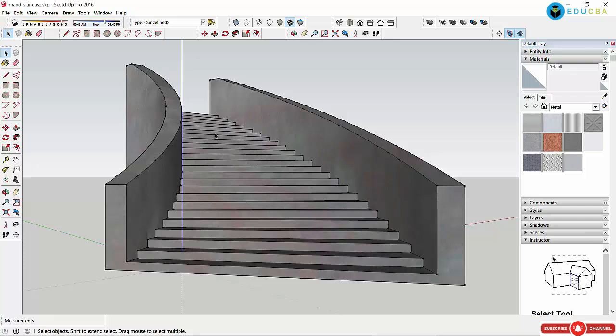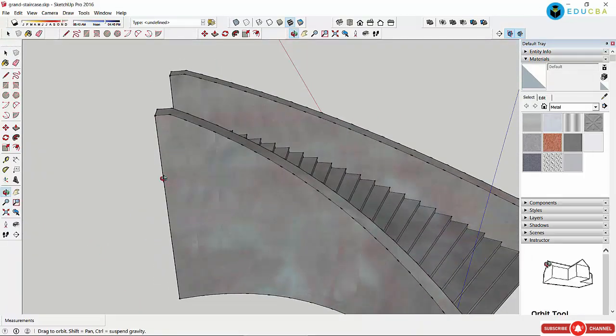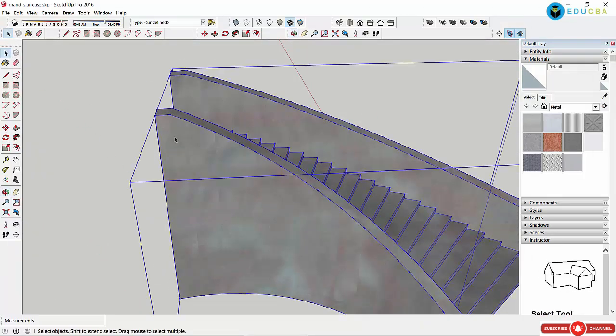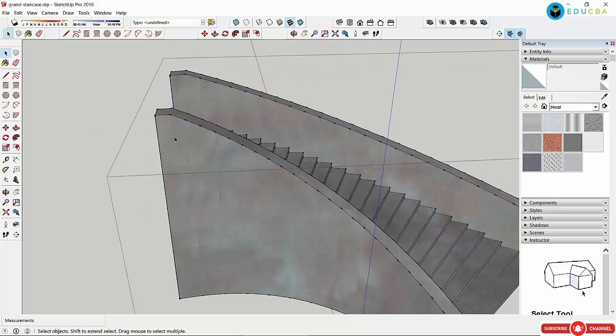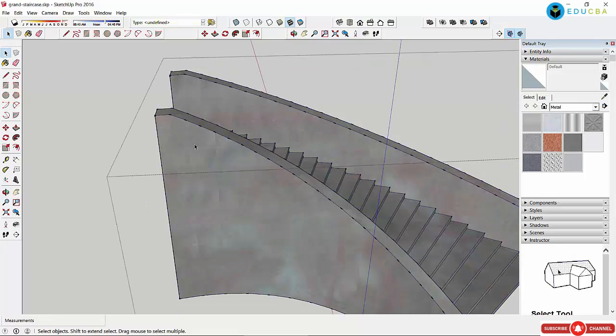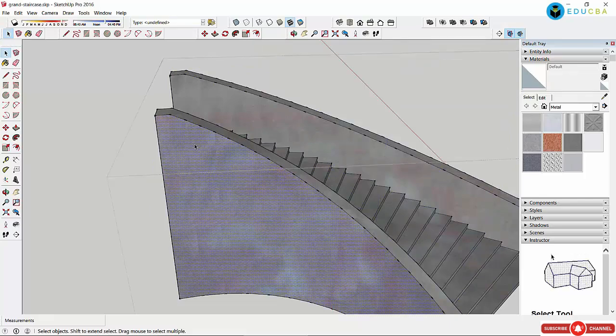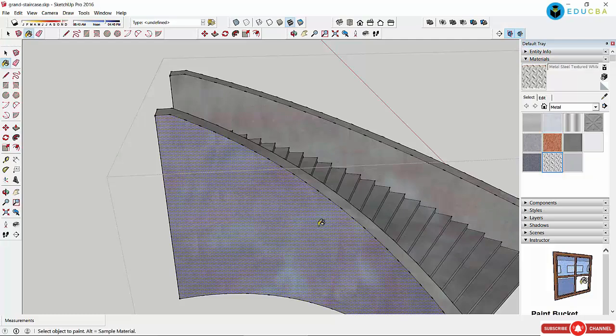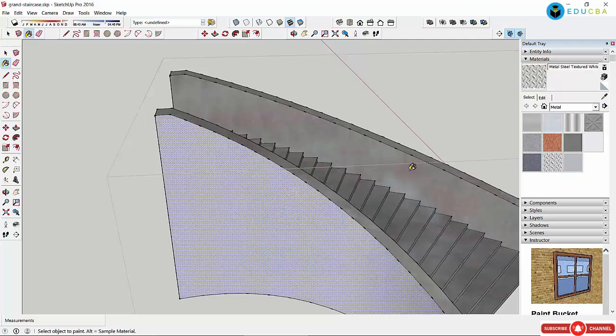Let us see some more components. It is a staircase component from component warehouse. You can just use it. You can modify it. It is a group. When you double click any group, it becomes individual. You can select the individual components like this. You can change the texture or